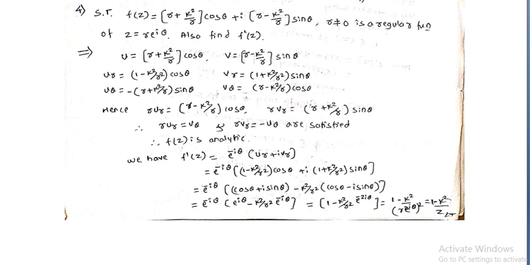So u is (r plus k square by r) cos theta, v is (r minus k square by r) sin theta, and here also differentiate u and v with respect to r and theta partially. So differentiation with respect to r is 1, then 1 divided by r is minus 1 by r square, k square cos theta. With respect to theta, differentiation of cos theta is minus sin theta, and similarly v with respect to